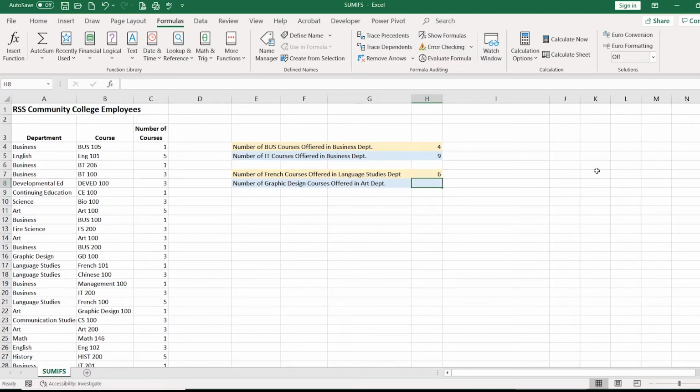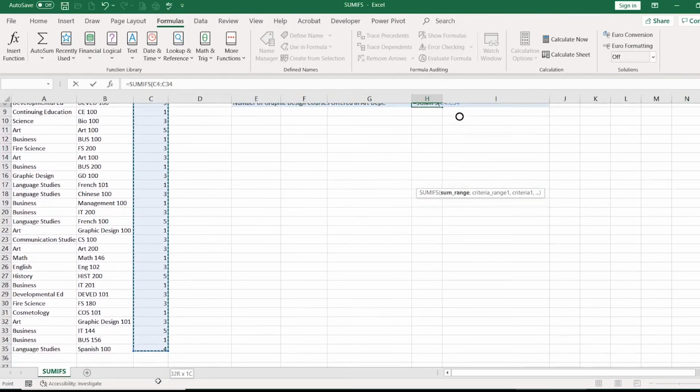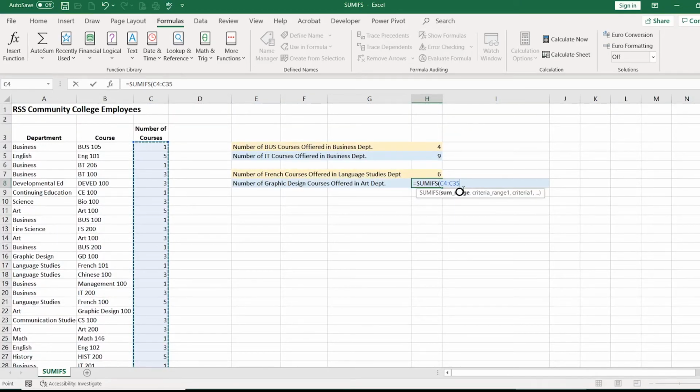And we'll do one more. We're going to be looking for the graphic design classes in the art department. So I'm going to do equal, sum, double click SUMIFS. I have to select my range first. This is the area that I'm going to want to add. And then I put in my comma and criteria 1 here. So first I select my range,